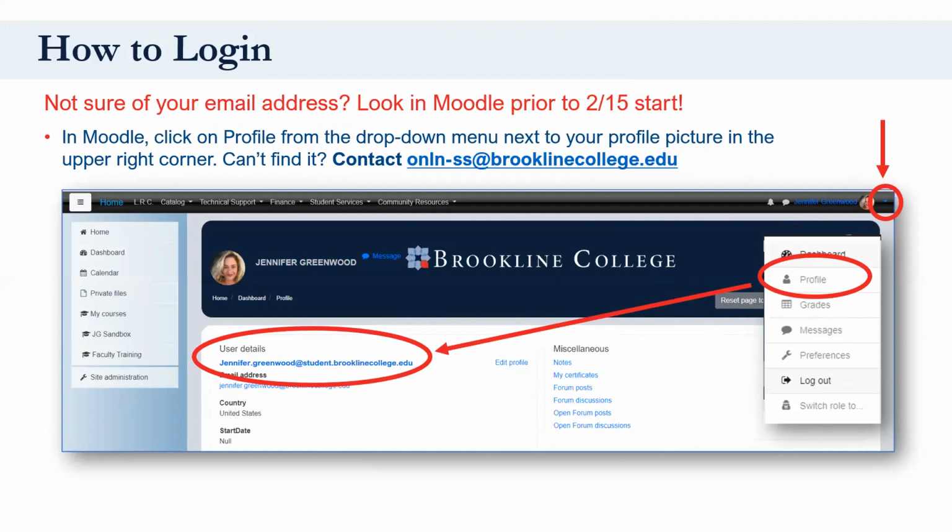I have seen students make some mistakes when using their student email accounts where they will put brooklinecollege.com, and .com isn't correct. I also notice that sometimes people forget to put the dot between student.brookline.college or my.brookline.college. So if you're having any difficulty with your email, maybe you've looked it up in here, you're not seeing it, maybe you're just confused, definitely email us at ONLN, which is short for online, -SS, which is short for student services,